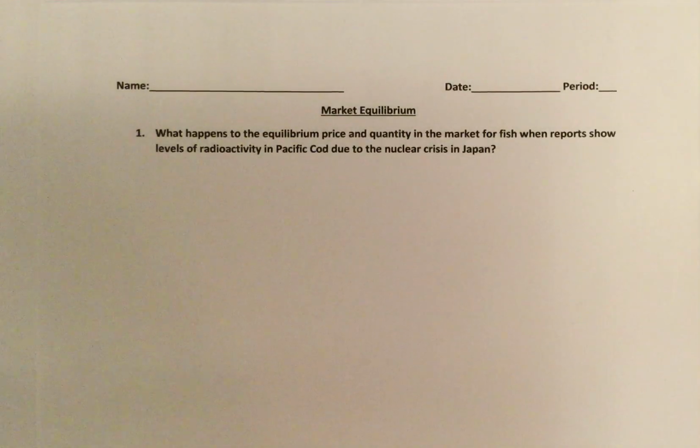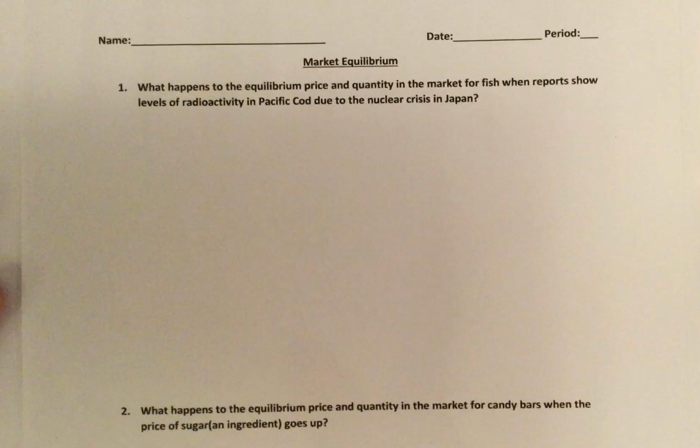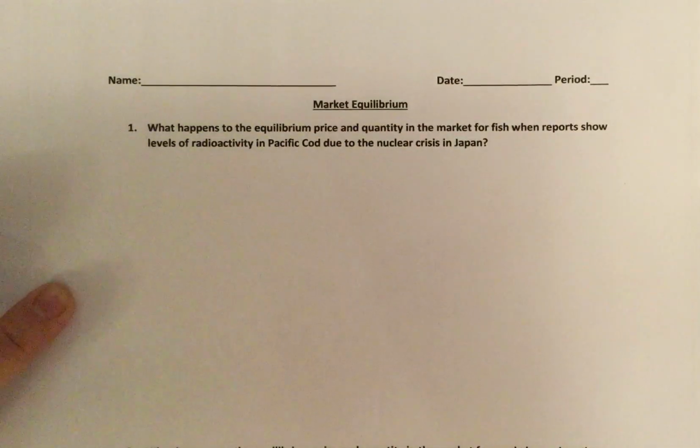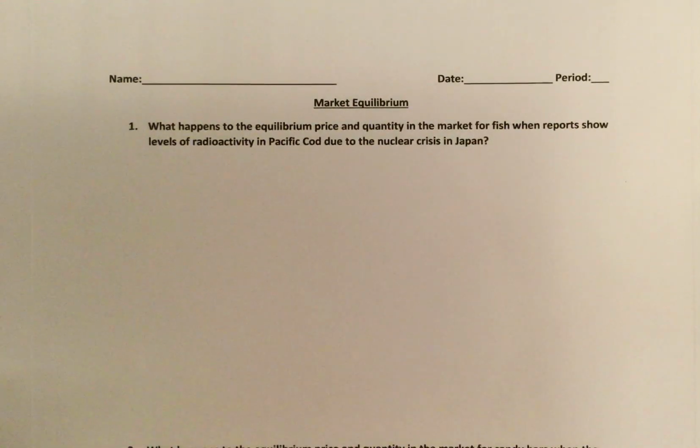So I ask that you draw the assignment out on your own paper, and that way you can take a picture of it and then upload that picture as your assignment. I asked you to only work on the even numbered questions on the assignment, because I'm going to go over the odd numbered questions